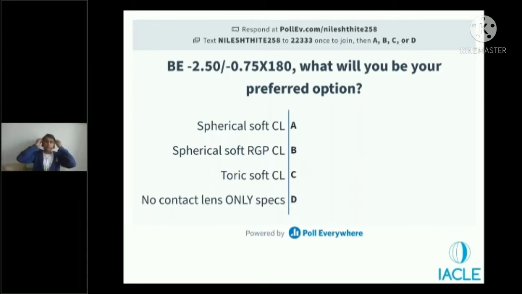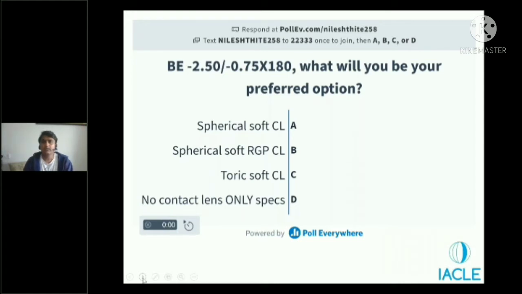So most of you feel that you would want to give a spherical soft contact lens. And if I ask you why you want to do that, why not toric soft contact lens? Some of you would say that, because there is enough spherical power and less cylinder power, even with spherical contact lenses, the patient might see reasonably well. Most of you would answer in that particular way, right? Now, why not toric soft contact lens, if I ask you? Because they are available. They would correct the prescription exactly. So why would you not choose those?